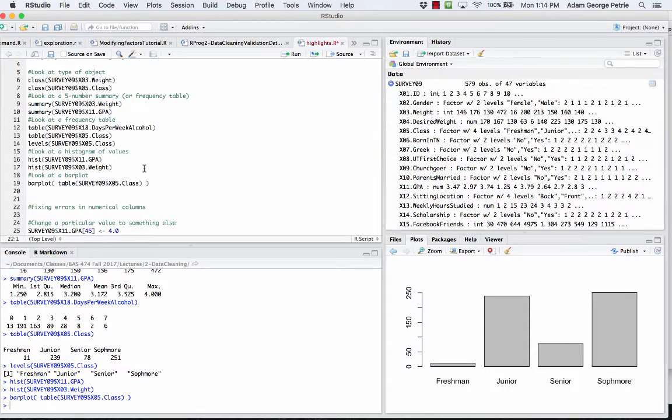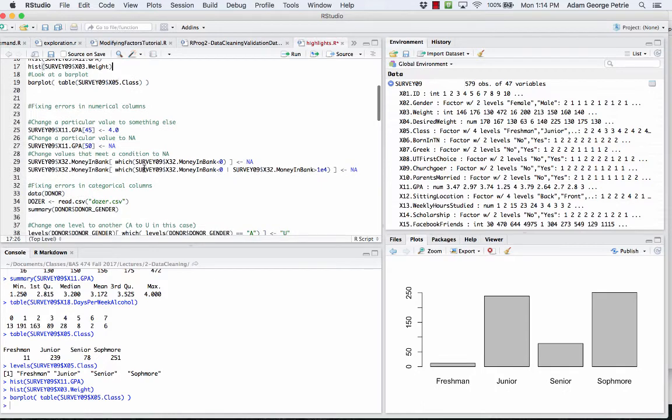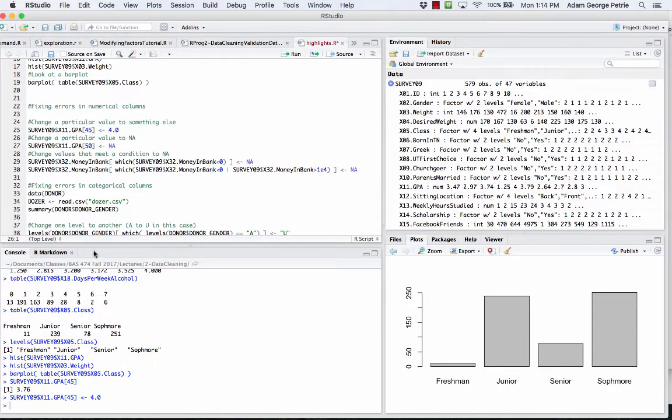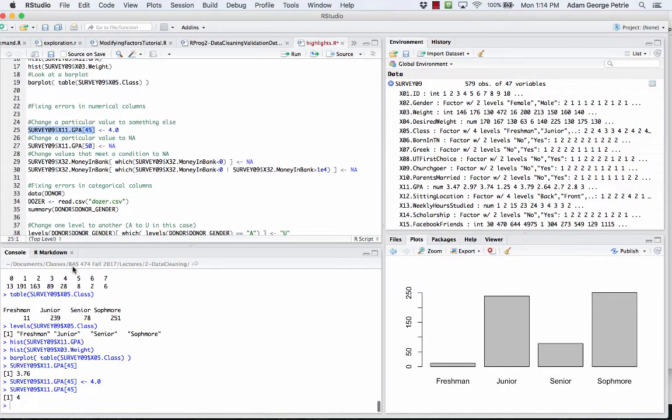All right, so after we spot errors, what do we do? Well, we need to fix them. So very often we're going to replace the values that exist in the data with something else. So for instance, if I knew that this particular individual, the 45th person in the GPA vector, right now they have a 3.76, but I actually know that that should be a 4.0, how do I change it? Well, I can just refer to that element and then left arrow it to the new value. So I can left arrow that to 4.0, and then if I look to see what it is,